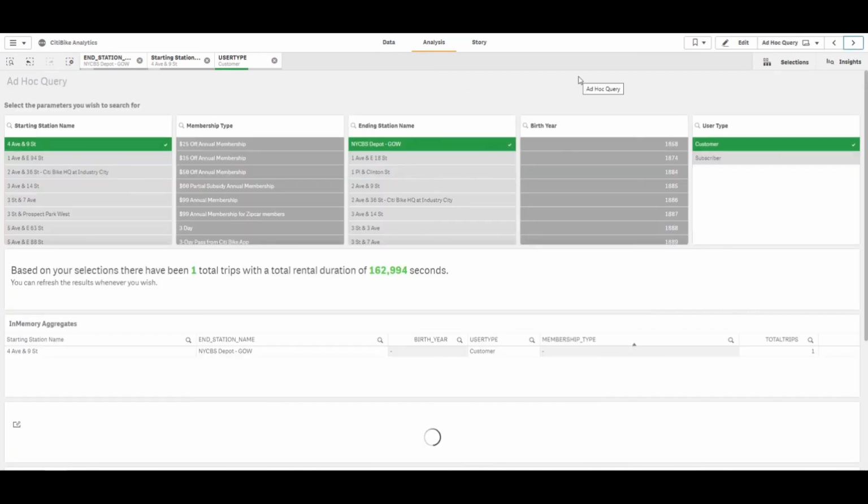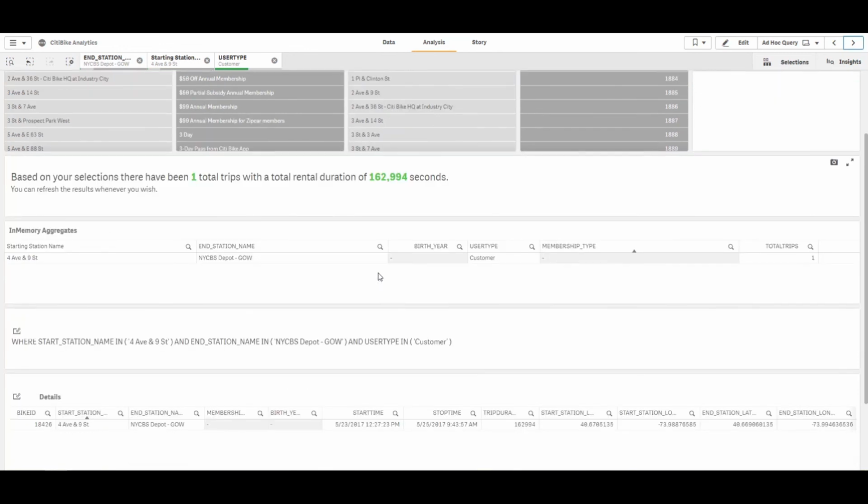may be I'm a business analyst and pick up the phone and somebody calls and says, hey, can you tell me about the trips from this location to that location just for our customers. Why, sure I can. There's been one of these trips. It had this long. I've got some details that came from my in-memory about that if I were looking at